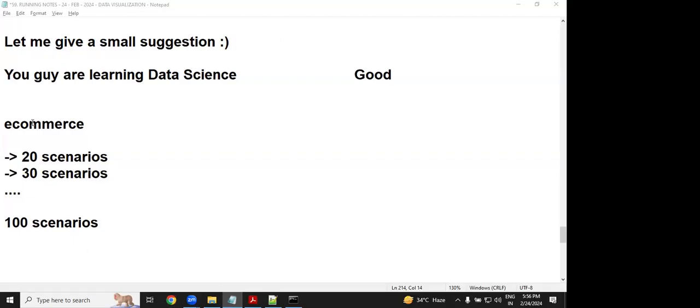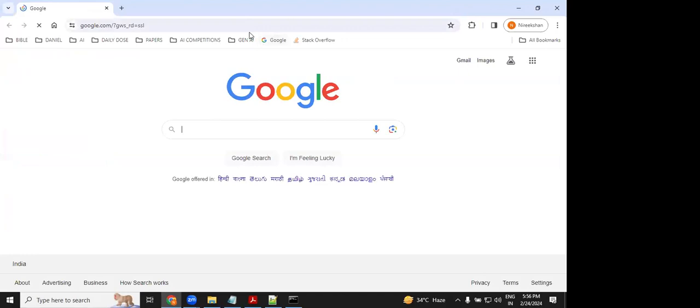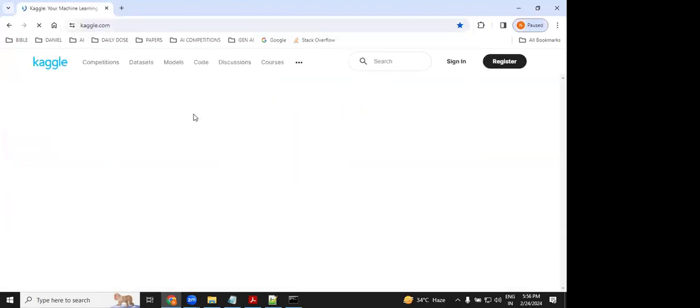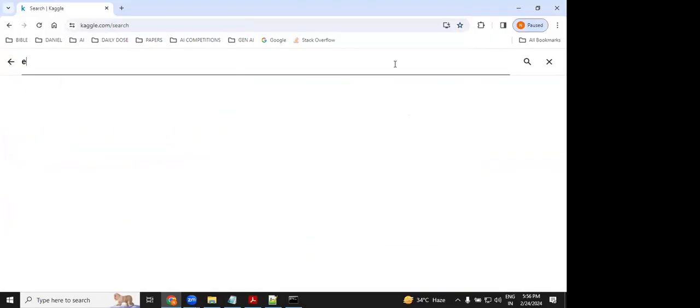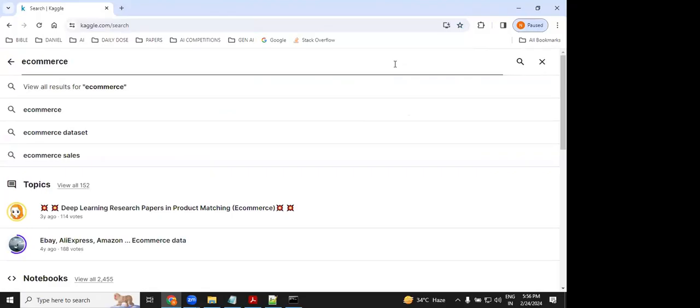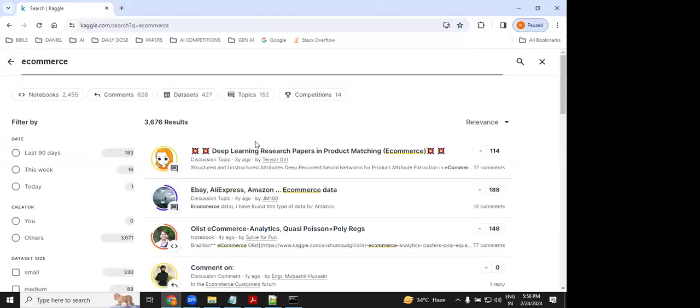Where will we get e-commerce scenarios, you may ask? Open Kaggle. Luckily, Kaggle is open source, and you can find a lot of examples. Here there is a search button; just try to search e-commerce and press enter. Then here you can find